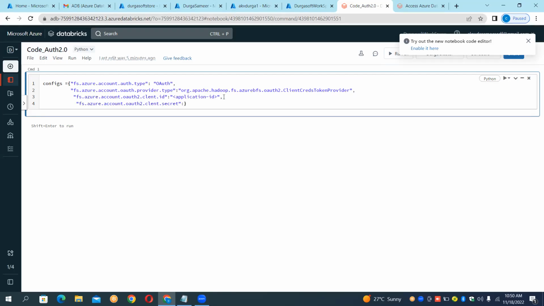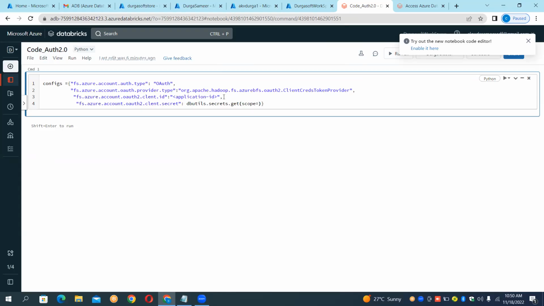Now write as it is. dbutils dot secrets dot get, use get, get is equal to